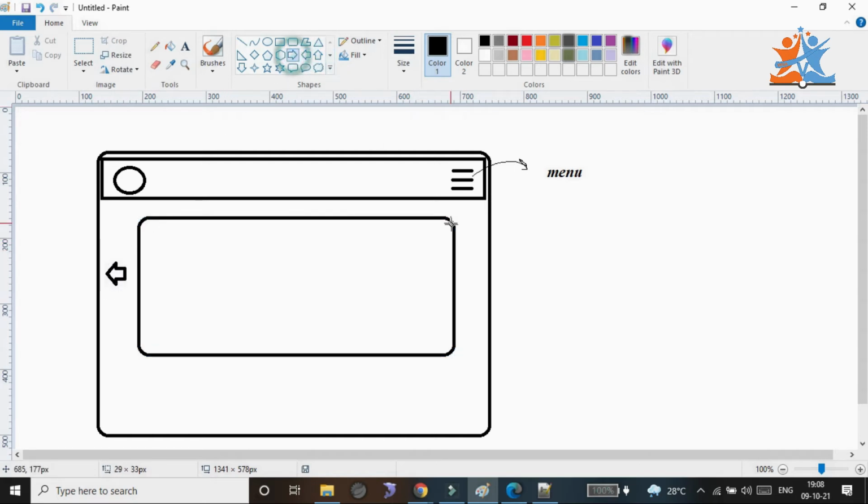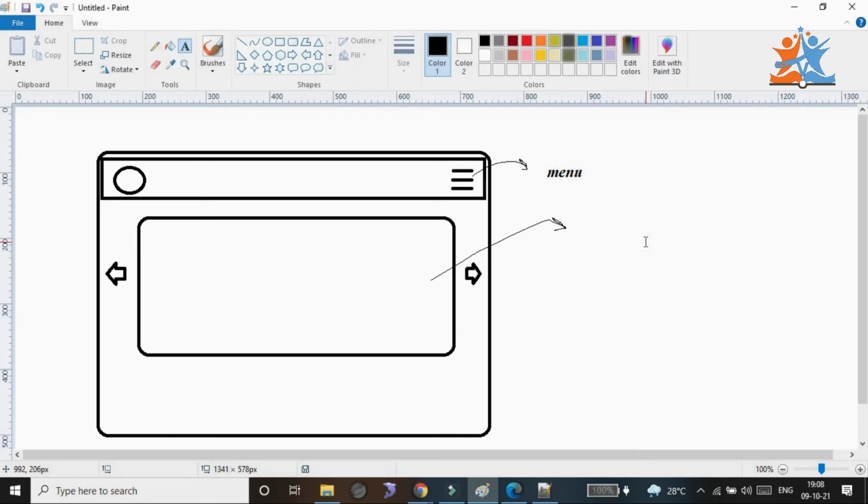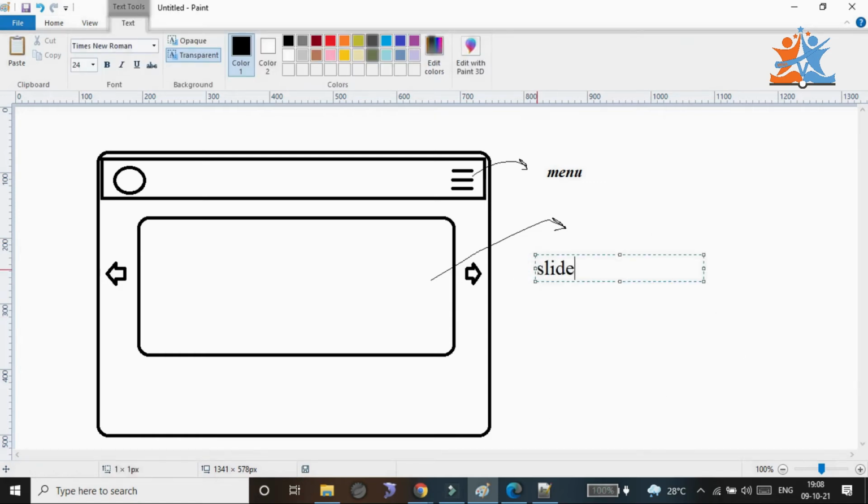This kind of element we can call a slider or slider bar. So in this case also we can go for JavaScript.